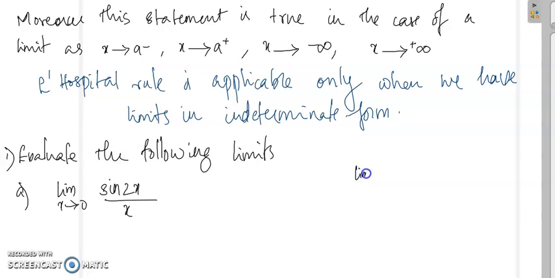You can see that limit x tends to 0, sin 2x is 0, and when you take limit x tends to 0, x, that is equal to 0. So limit of x tends to 0, f of x is 0, and limit x tends to 0, g of x is 0. So this is in